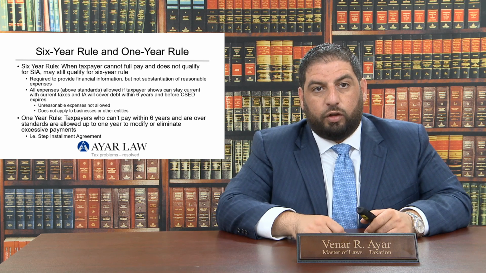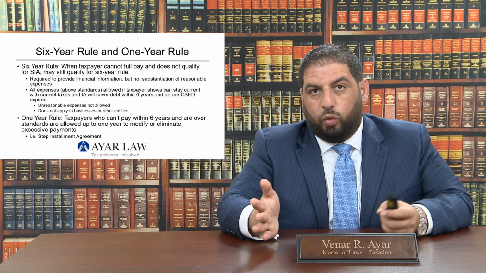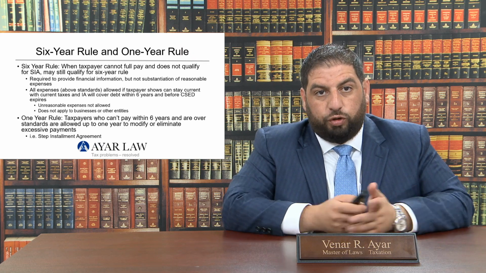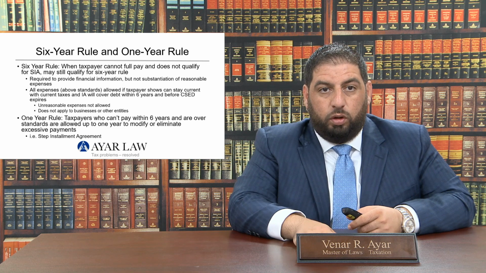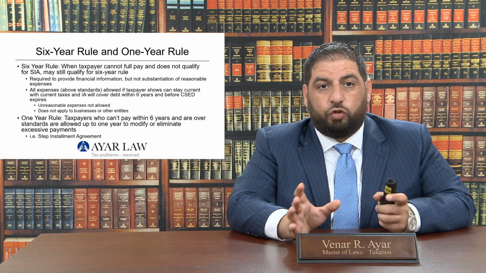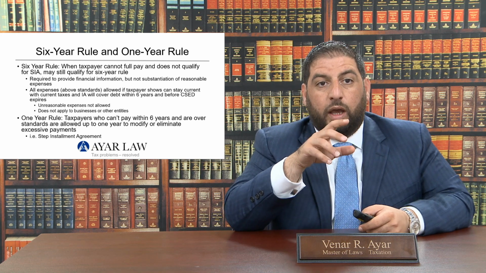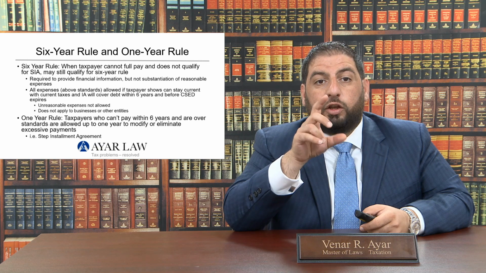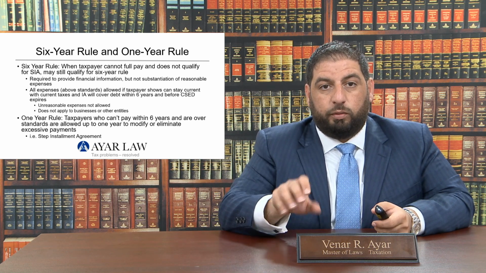You can't have a $10,000 a month house and owe them money. They just won't allow for it in your budget when you're negotiating the installment agreement. However, under the 6-year rule, if a taxpayer cannot full pay and they're not a streamlined candidate, they can still qualify under the 6-year rule, and all expenses, even above the standard, even what the IRS doesn't consider reasonable, will